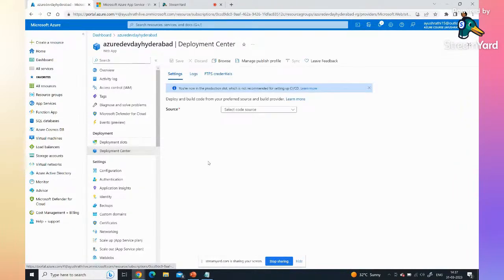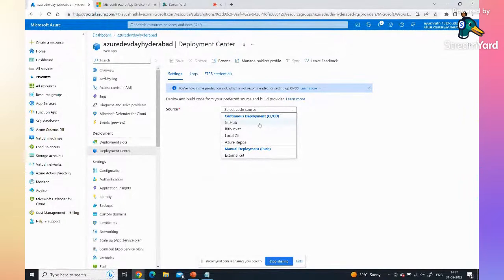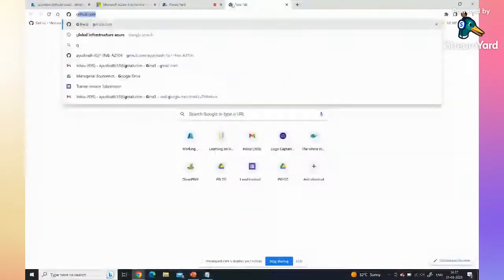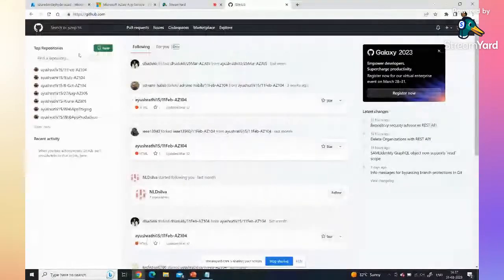And in the deployment center, you can see I get different options of selecting the code source. So I have an option of GitHub, Bitbucket, local Git, Azure Repos, external Git. I'm going to go ahead and select GitHub. Now this is where I have got my code available on GitHub under the URL, which is basically